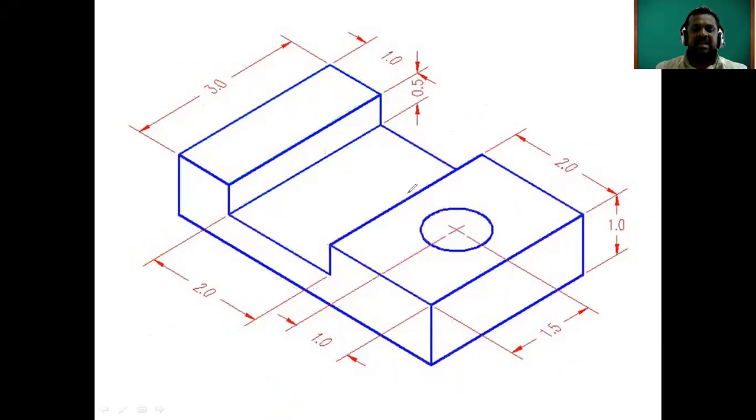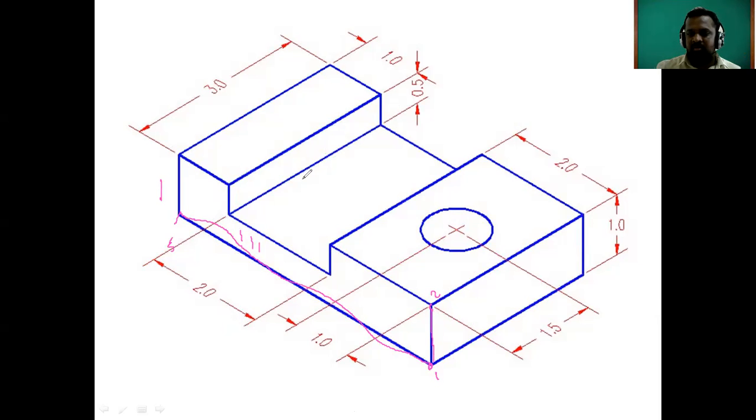Okay, so everyone has understood the given figure or the dimension. Let's see here, from this point we will start. First of all we will draw this vertical line, and the dimension of that vertical line is 1 mm. Then we will draw this portion. Just you have to remember the dimension. Then we will draw this line. Total length of this line is 5. Then 1. Then this line. Just you have to remember the dimension and tell me.